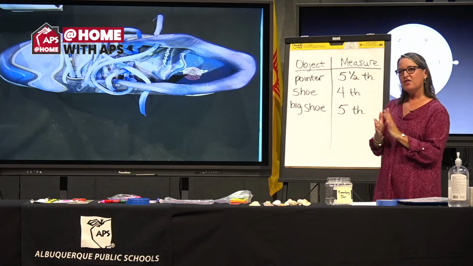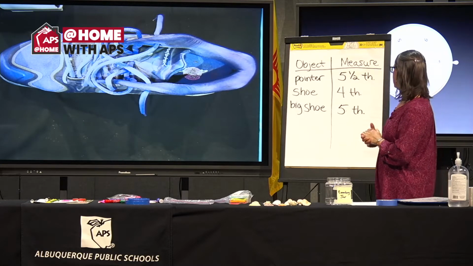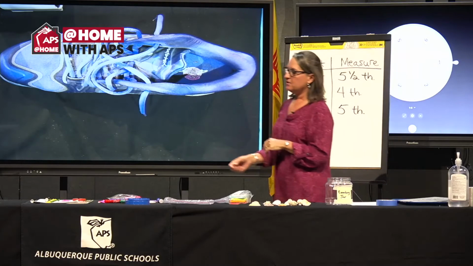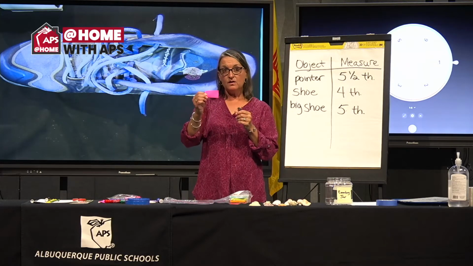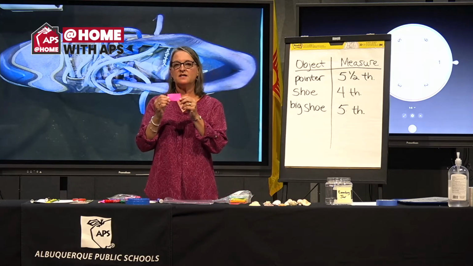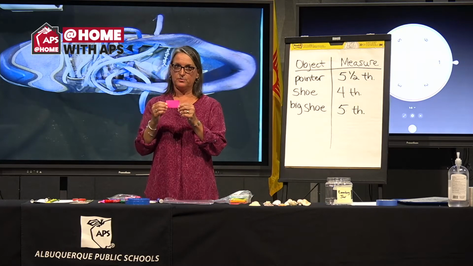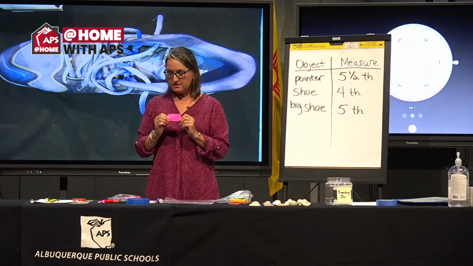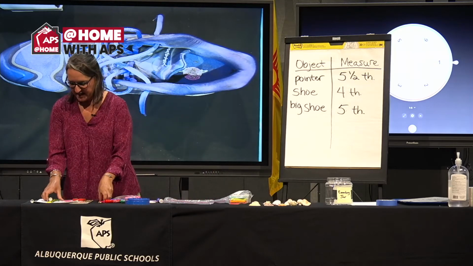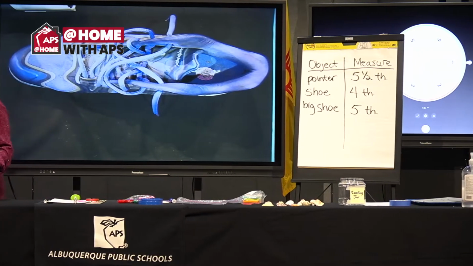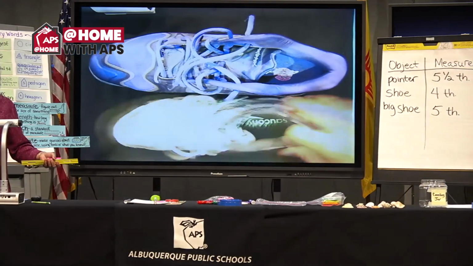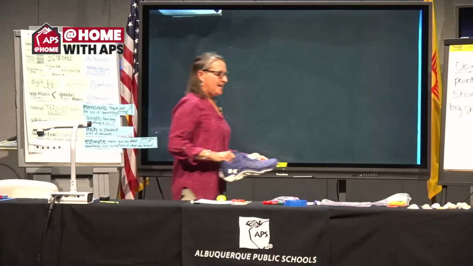How many more thumbs longer would it have to be? 3 more. 3 more of these. Because when we add on more measures, we can get something that's longer if we're creating it ourselves. So these are some things we can think about with measuring, and it can be fun to measure and compare some things at home. Let me pack up my big shoe and my small shoe,